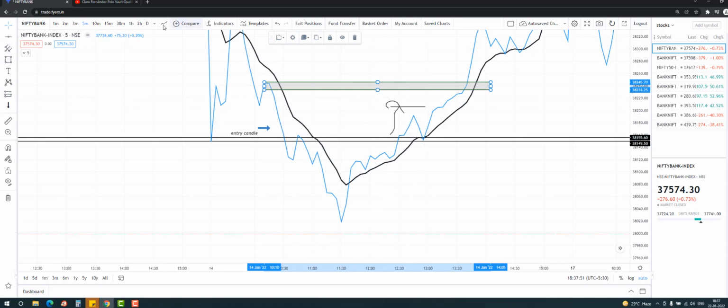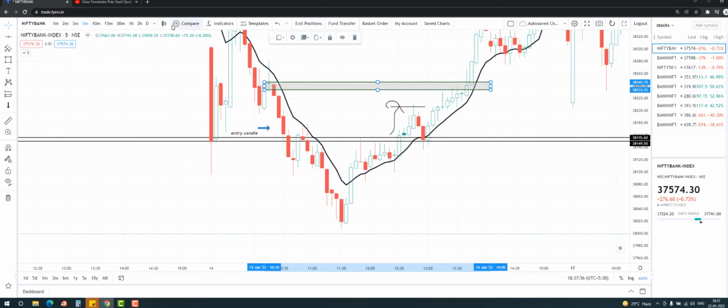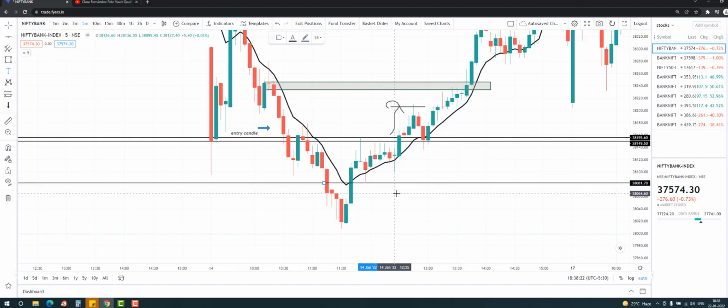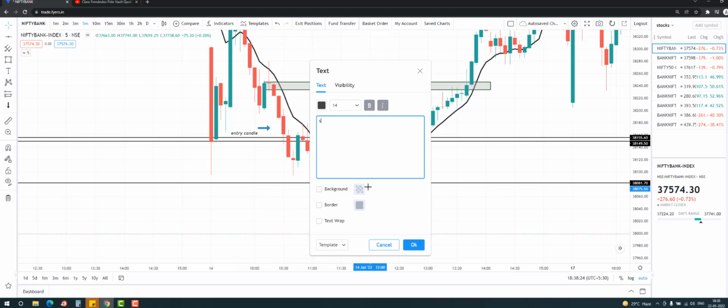Where is your stop loss? Stop loss is technically just below the candle. You need to mark a stop loss just below this candle, and you can keep a little buffer to it. Try to find the next swing low of this particular movement and mark it below that level. You identify there is a small swing position here. The market opened up, it came here, and then it formed a swing. So your stop loss would be below this level. Let me mark your stop loss below this level,